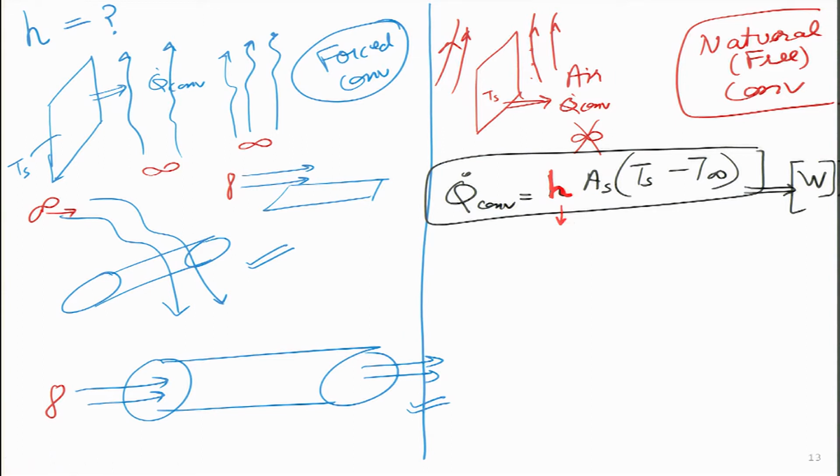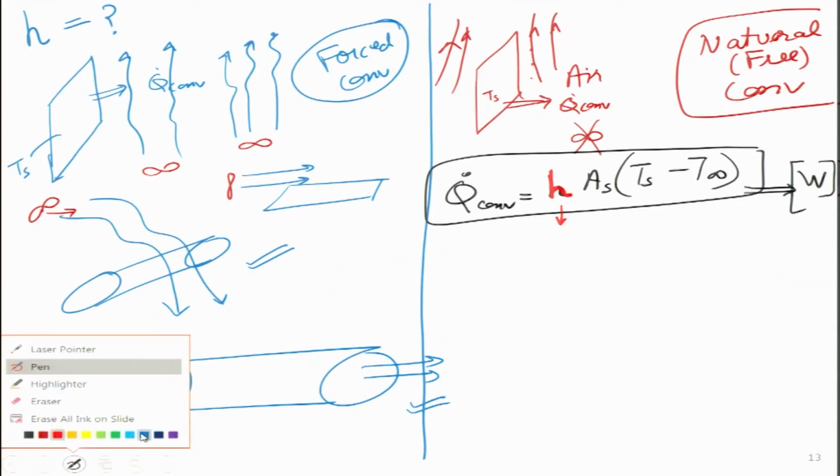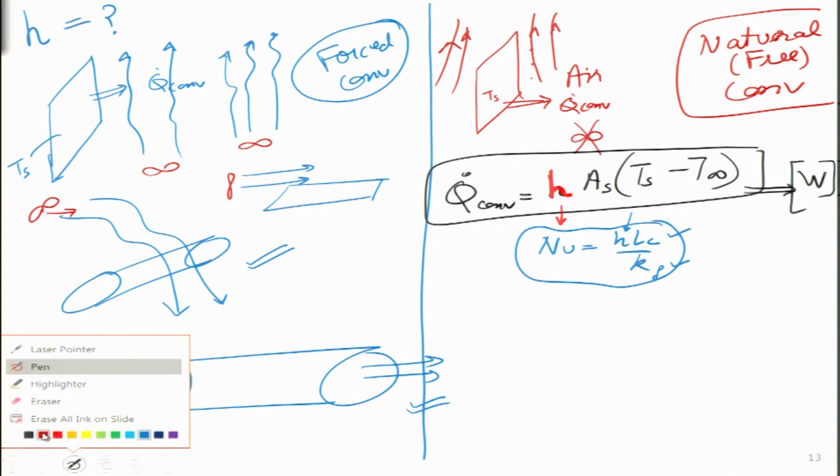So, what I want to start today's lecture with is the final solution. And that final solution we will be able to achieve because of these two numbers over here. So, essentially what we will be able to do is, for every type of convective heat transfer, we will be able to write h in the form of Nusselt number. This is very easy to do because if h is unknown, but the length is known and the thermal conductivity of the fluid is known, I can convert that unknownness from h to Nusselt.